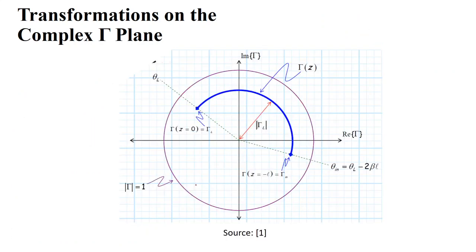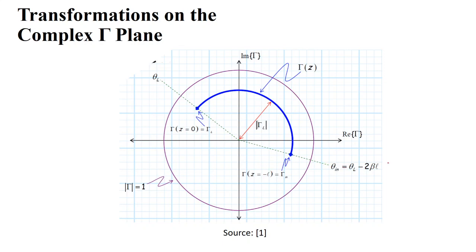Okay, so this is shown here. For example, this is the constant magnitude circle where the reflection coefficient magnitude is 1. Now the load reflection coefficient will be given here. Its magnitude will generally be less than 1, and it has some phase. So if you move by distance L along the line, the magnitude remains constant, and the phase will change and decrease. Slowly it will decrease, and if you move further, you will reach this point when you complete L.